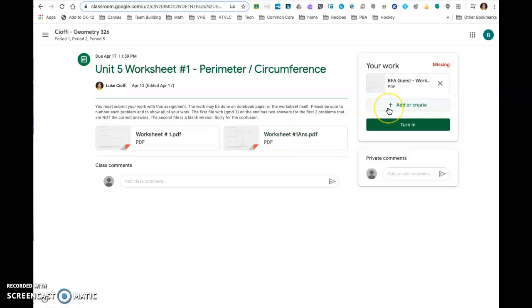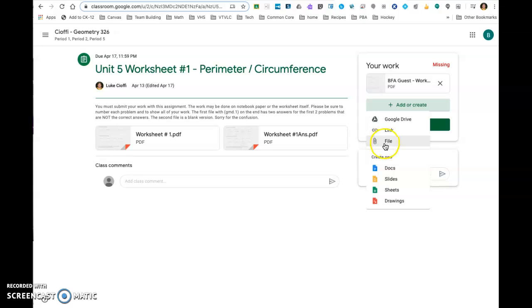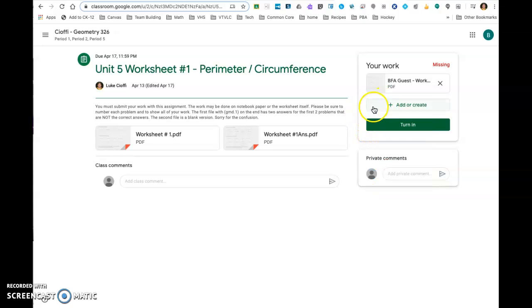But if you need to upload some files, you just click Add or Create, and you can submit from your Google Drive. Maybe it's a link to somewhere online. Maybe it's a file from your own personal computer. You can upload that. Whatever you upload there, you could list one file. You could list multiple files. It doesn't matter. And then you hit Turn In,